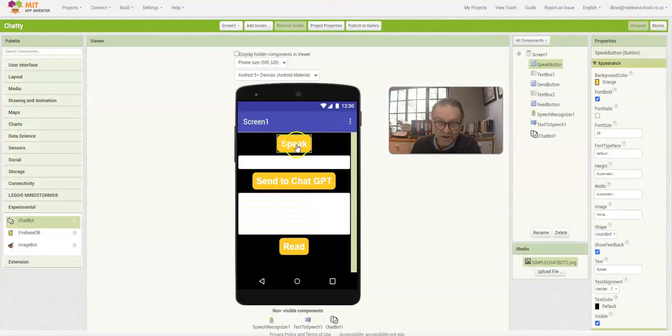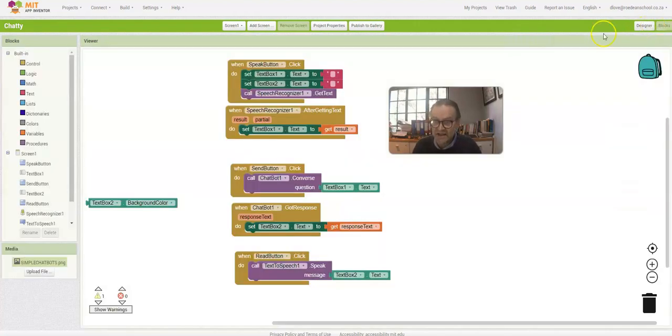So just to go back here, when I click speak, it's going to take speech recognition and put it into text box 1. When I click send to Chat GPT, it's going to send that to Chat GPT and return the text into text box 2, and when I click read, it's going to read whatever text is there. So to walk through here, I can get rid of that one, and you'll notice it's not showing any warnings, so the code should be